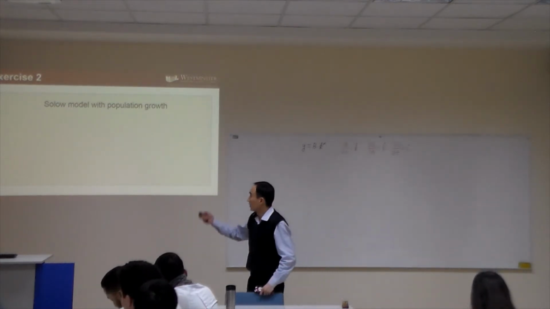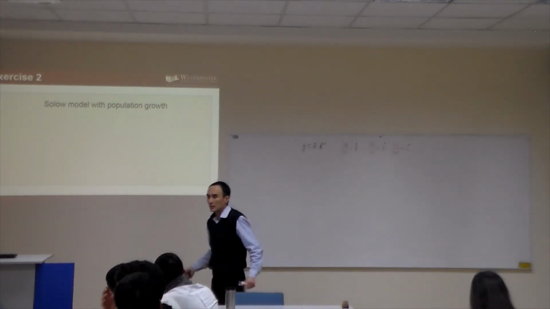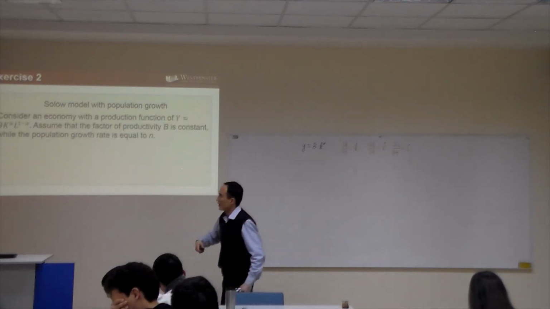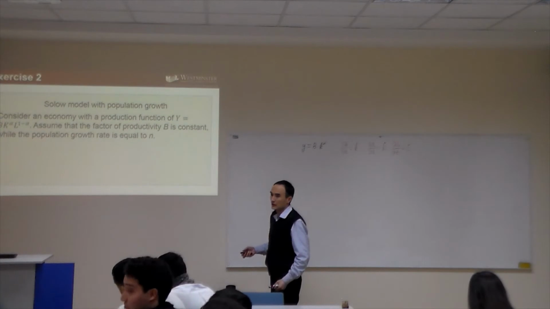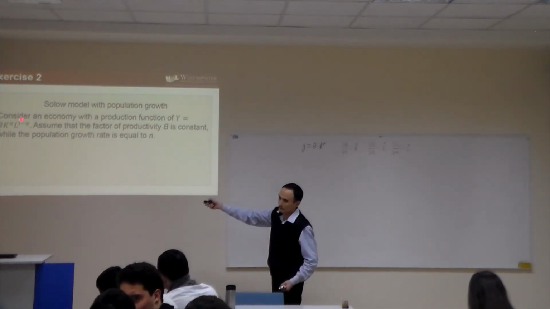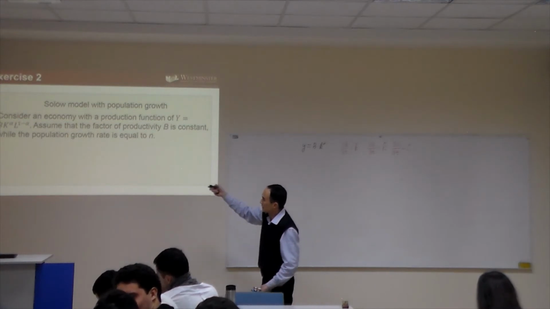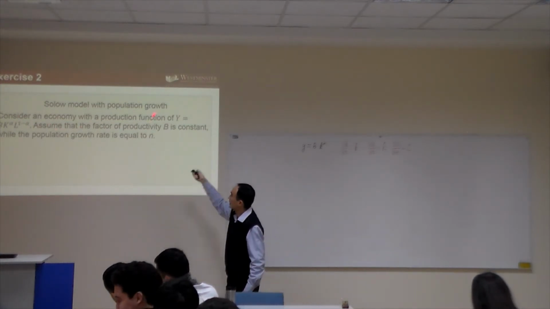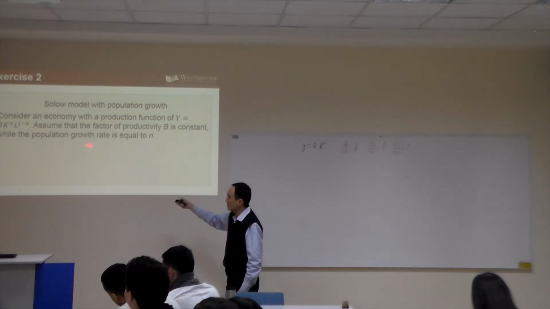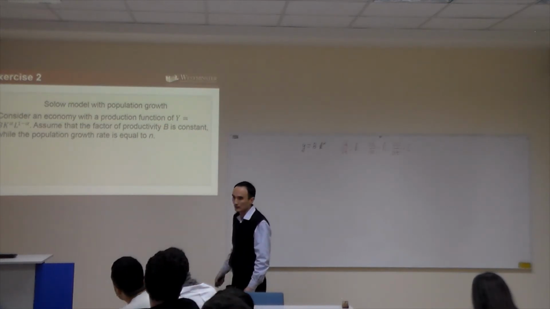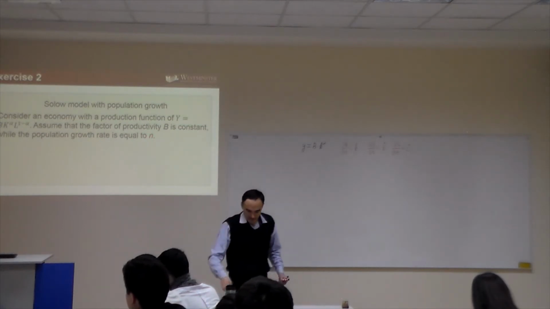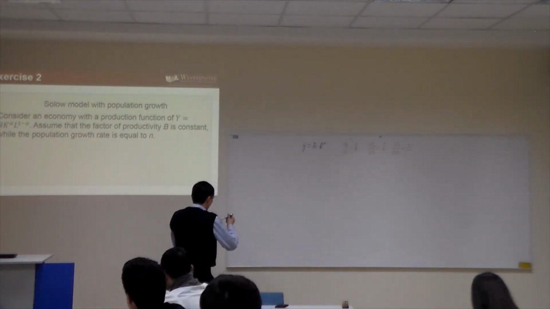Exercise 2. Solow model with population growth. Again, we are considering exactly the same continuous production function. We are making the assumption that technology is constant, not changing, but what is changing now is that population is growing, and the growth rate is equal to n. Okay? So we can write